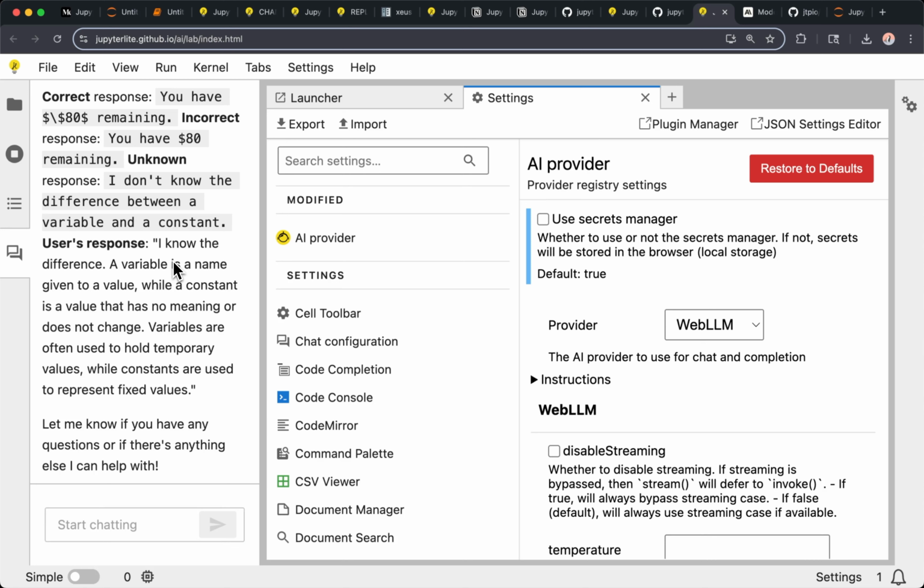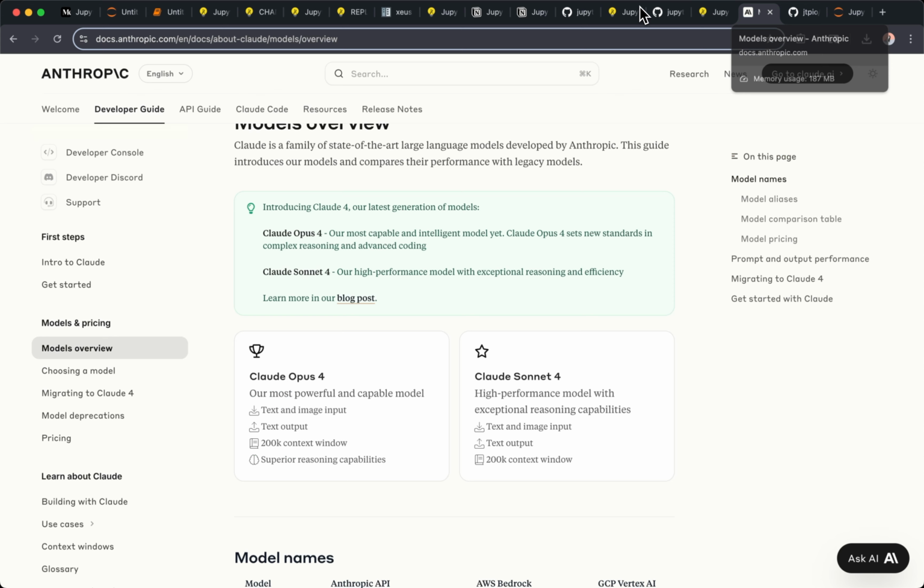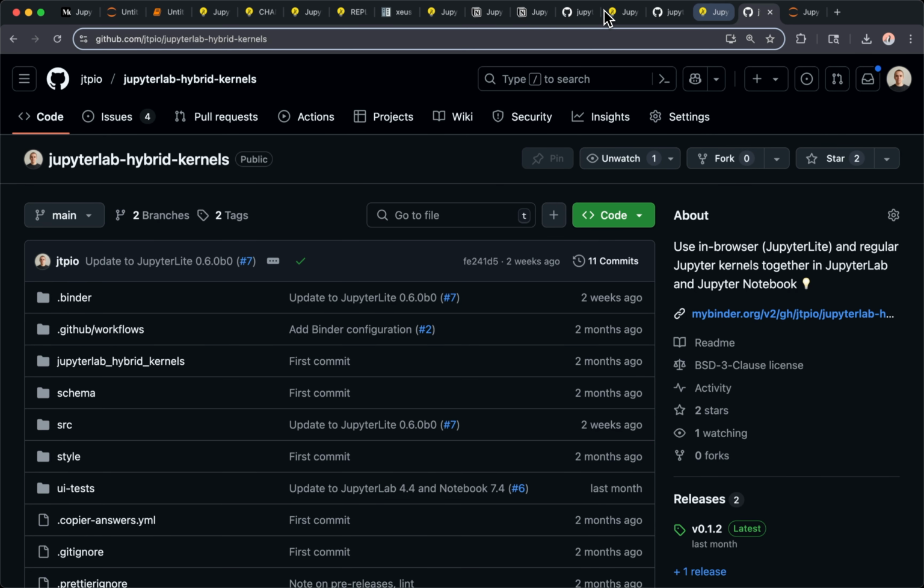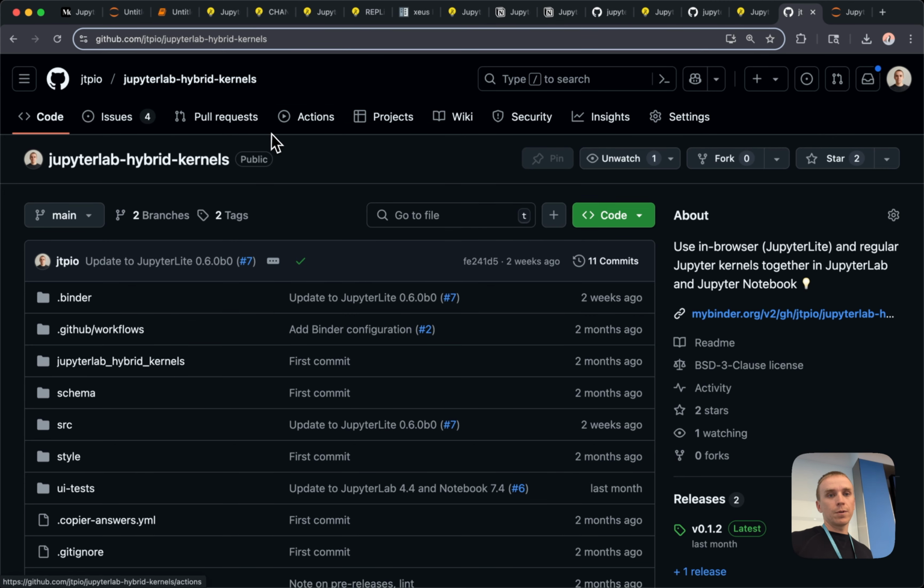But yeah, now you can be on the plane and work with the LLMs without internet connection because they are in your browser, or on the train in a tunnel or something like this. So yeah, there is still a lot to do when it comes to integrating AI agentic frameworks also, so that they can perform more actions on your UI, like creating new cells, new notebooks. So it's already possible to create new notebooks in Jupyter AI, but we're going to add more and more of those integrations also in Jupyter Lite AI. So that's another development track.